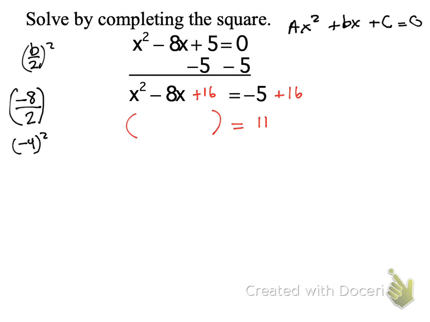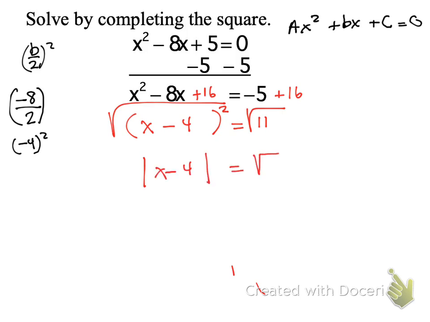What do I get? What am I doing next? x minus 4 squared equals 11. Now what? We're going to root both sides, and I get the absolute value of x minus 4 equals rad